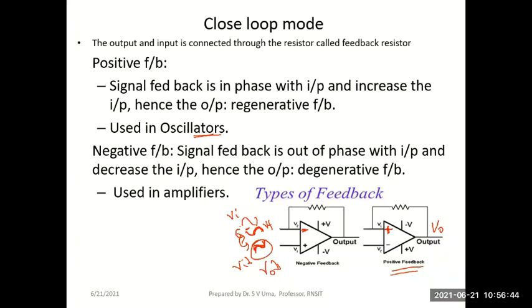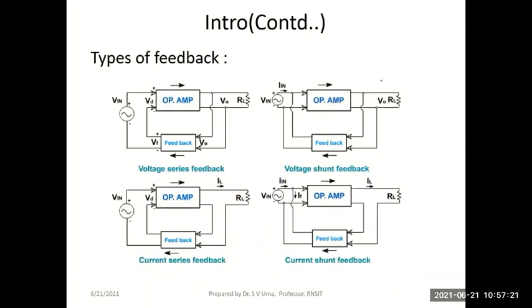If at all you want the op-amp to amplify, then you have to compulsorily provide negative feedback in an op-amp. See here, otherwise you cannot design op-amp amplifiers. So negative feedback is compulsory in op-amp amplifiers. Otherwise, an op-amp cannot work like an amplifier as per our design. Because when we are using it in open loop, it will give you a very large gain and it will keep the output either at positive saturation or at negative saturation.